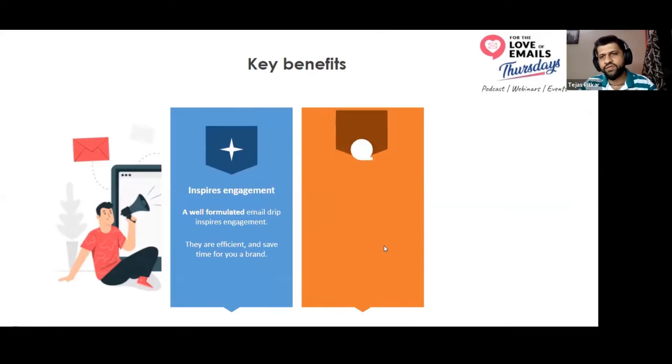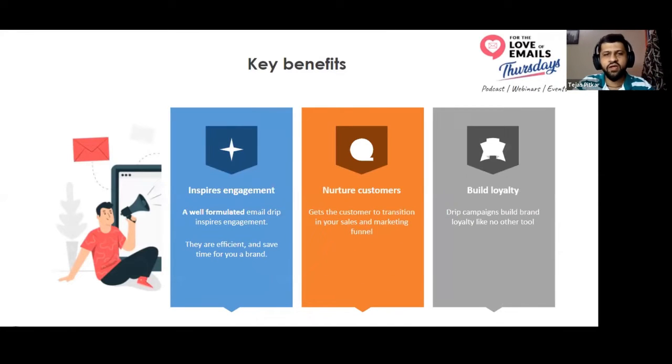So, what are some of the key benefits of these drip campaigns? Now, first of all, it's a set of emails that you're sending, right? But since you're providing a lot of value in those emails, how will you be providing value to them? For example, I want someone to come to my website and sign up for a demo for my product. Now, what I'll be doing is, for the first few drip emails, I'll be sending them some kind of content resources, getting them educated on the products that they want to explore, and trying to redirect them to the website. Ask them to explore some of the products, try the features themselves, set up a trial account, and